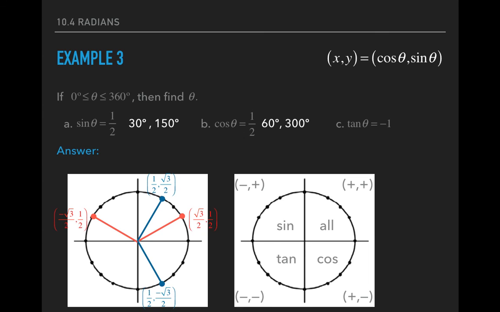Lastly, when is tangent going to be negative 1? Well, that means that sine and cosine had to be the same ratio, but the signs were different. So the same ratio, when does that happen for sine and cosine? It happens when you're working with a 45-degree angle. And when would it be negative? When would sine be positive but cosine negative? That happens in the second and in the third